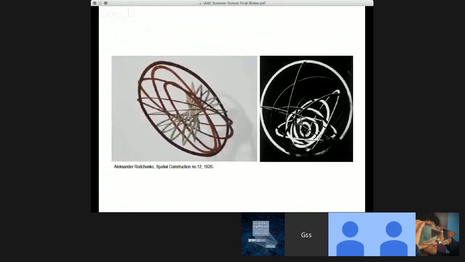For example, the spatial constructions of Russian constructivist Alexander Rodchenko are physical compositions meant to create spatial settings of non-substantive nature. The space created in the abstract relations of the floating elements transforms into what can only be characterized as space-time, a conception of space that allows for a fourth dimension, which is that of time, in which the space is allowed to transform. In Rodchenko's art, the object continuously reconfigures itself.